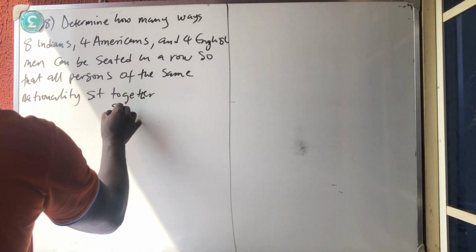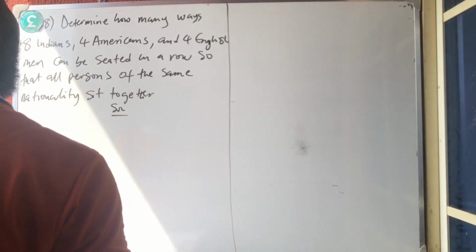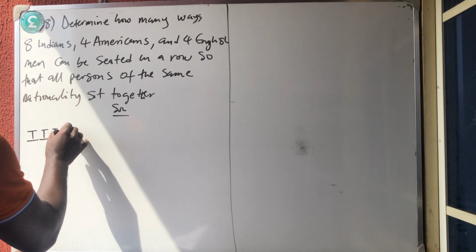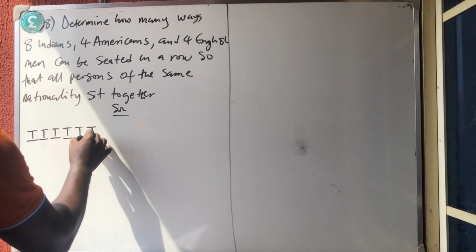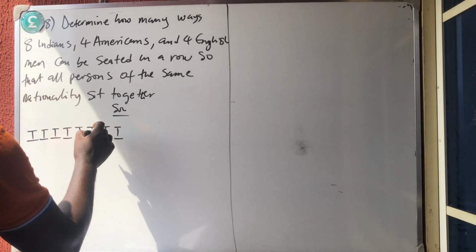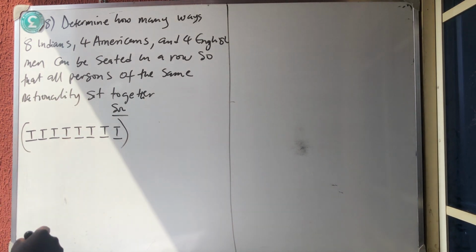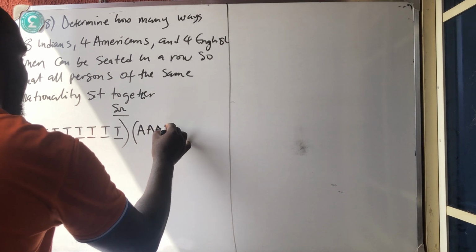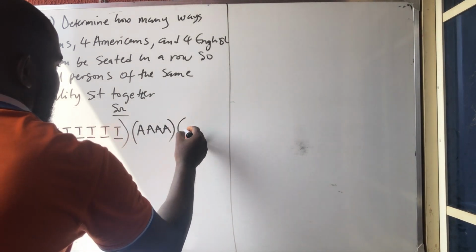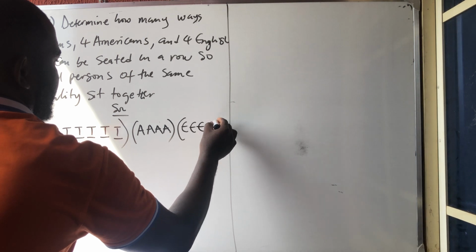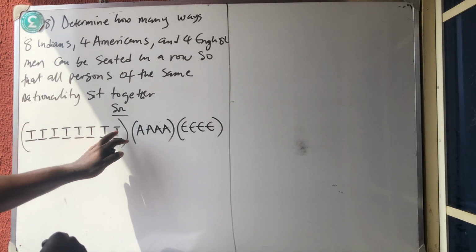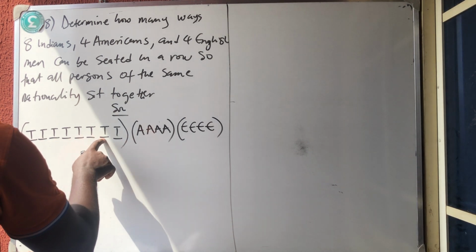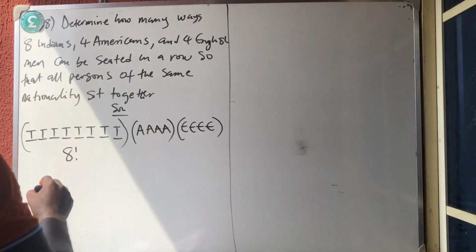Now, solution. Let me represent Indians with I. So I have how many I's? 8. 1, 2, 3, 4, 5, 6, 7, 8. These are for Indians sitting here. Americans represent with A. American, American, American, American. Okay? English, E. Now, in how many ways can these people sit the way they are? How many are they? 1, 2, 3, 4, 5, 6, 7, 8. It's just 8 factorial. Times